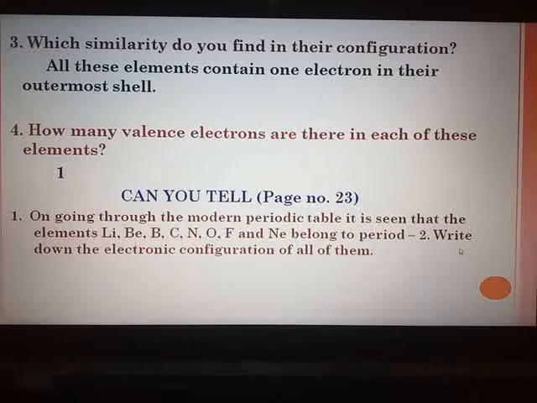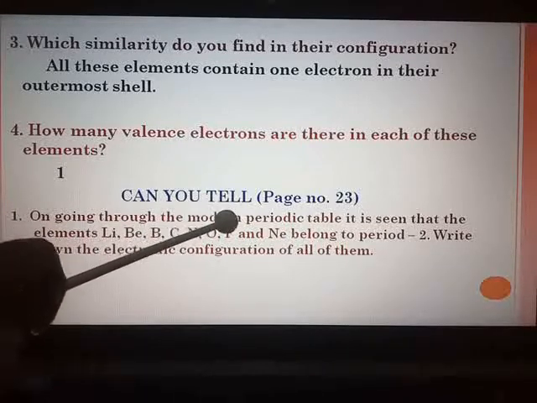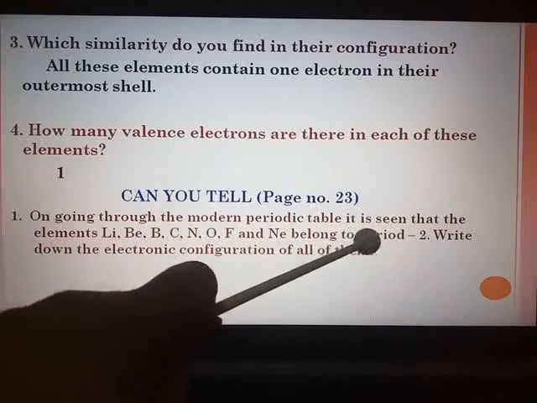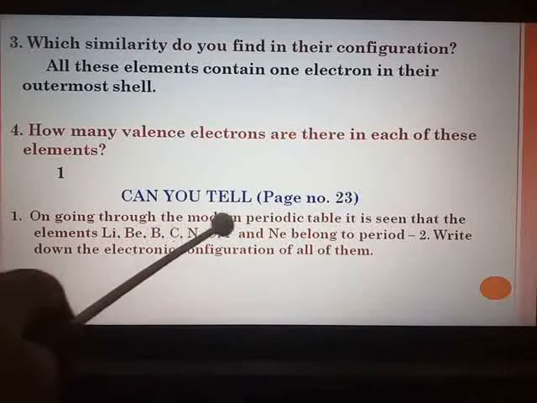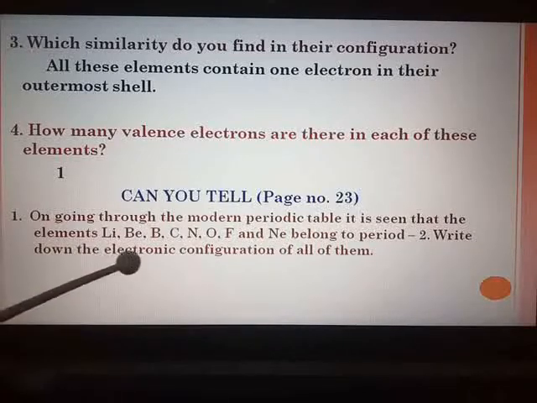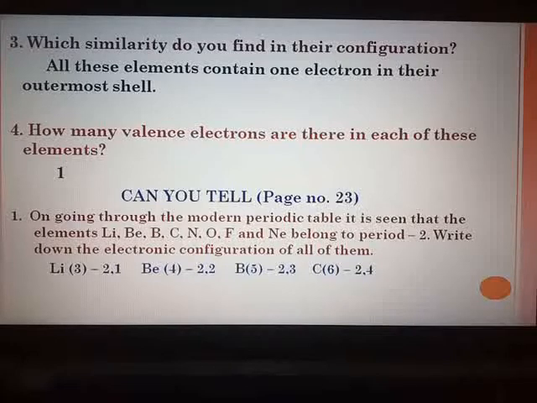On going through the modern periodic table, it is seen that the elements lithium, beryllium, boron, carbon, nitrogen, oxygen, fluorine and neon belong to period 2. Look in the modern periodic table which you have in front of you on page number 23. All these elements belong to the second period. Write down the electronic configuration of all of them. Immediately you should know the atomic numbers. I have told you in the previous session also, at least up till 20, that is calcium, you should know